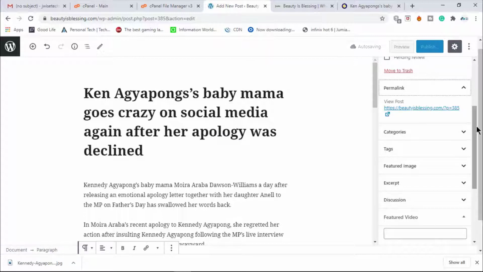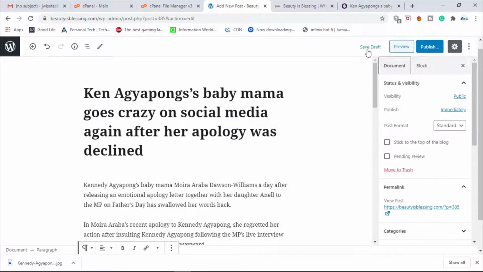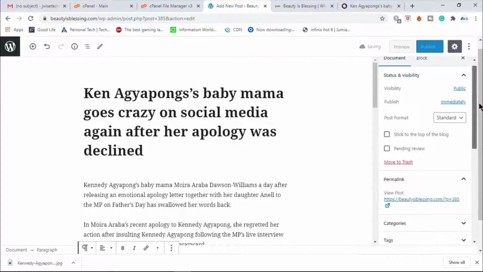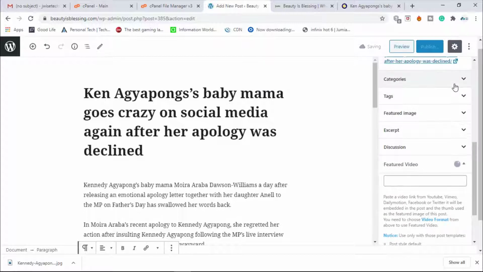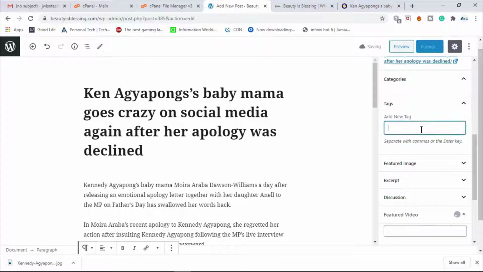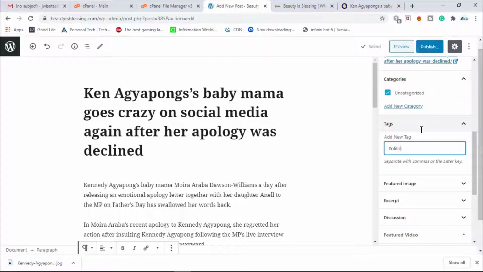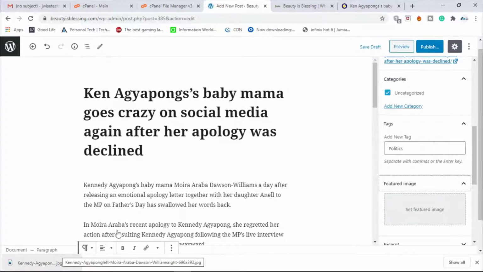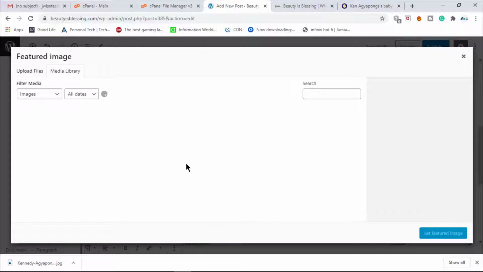So before that, let's save it as draft. All right. Let me upload the image first. Now category. You don't have any category set. Now we will change the category because you deleted them. Now here are the tags. For the tags, you can say politics. Now, featured image: you can drag it here right away, or click on set featured image and